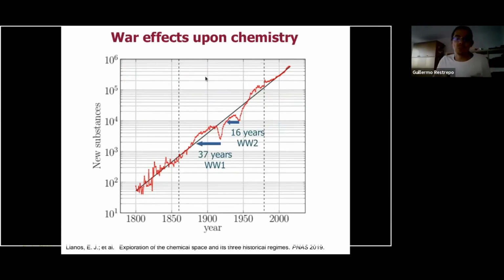With that, we could assess the effect of the world wars on chemistry. I think this is important because we were not only analyzing the evolution of the chemical space, but also seeing how one social setback was affecting chemical production. I'm talking here about the interaction of the social and the material system. We found that the First World War set chemistry back 37 years, and the second about half of that time. That means the First World War was very dramatic for chemical production, and there are historical reasons explaining this.